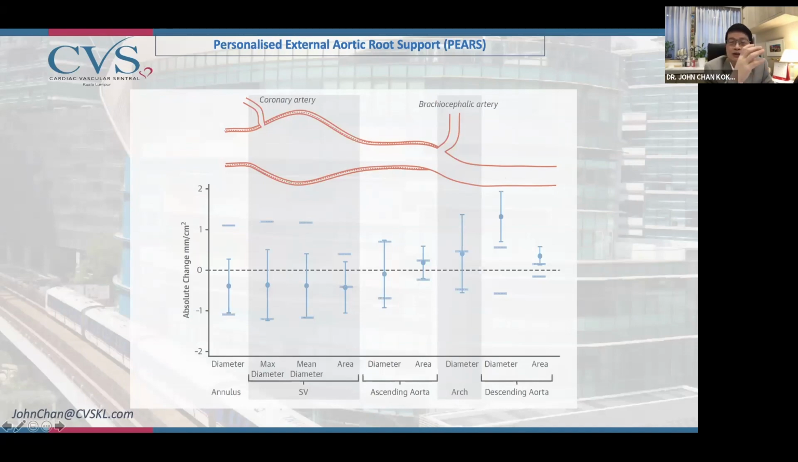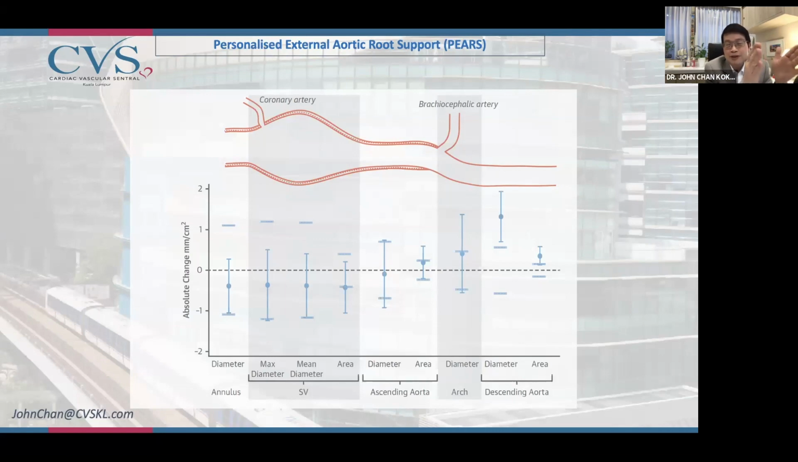So the size of the aorta in the descending aorta, for example, will continue to increase in size over the patient's lifetime. But fortunately, in most of these patients, it does not quite reach 50 millimeters. It may reach about 40 millimeters and stabilize at that size. So in most of these cases,